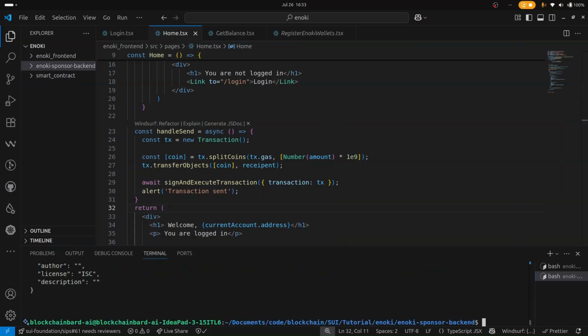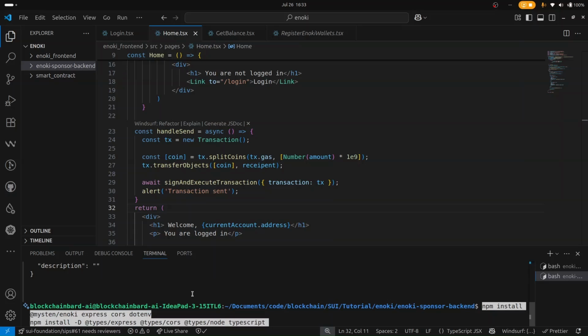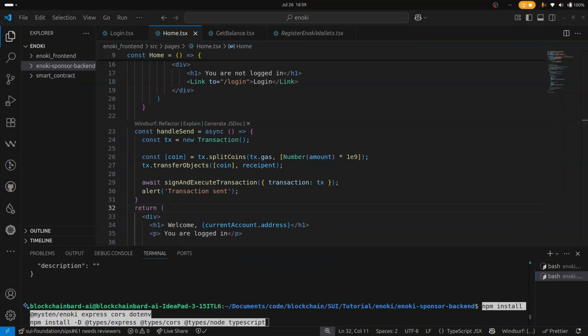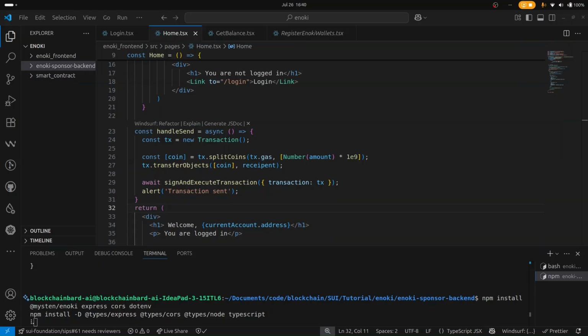After that, I'll be installing some things, so I'll just copy them and paste them over here. First of all, I'll be installing Mysten Enoki. I'll be installing Express, cors, and dotenv. Also, I'll be installing this. Now, while that is installing, let me create a